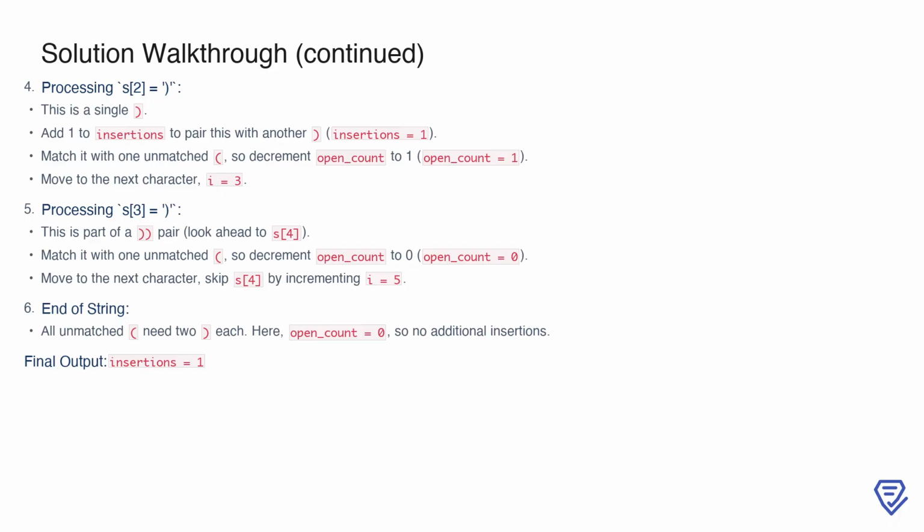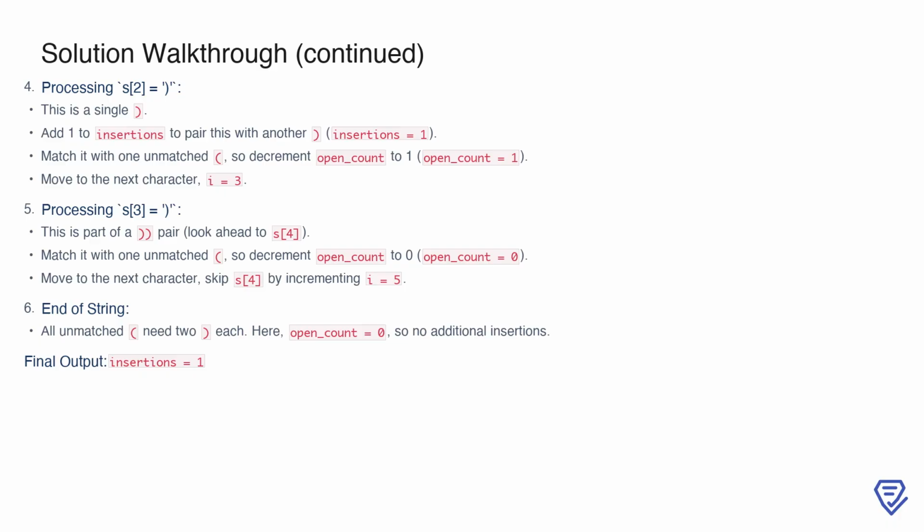Since this is a single, and not part of a pair, we need to add another closing parenthesis to balance it. Therefore, we increment insertions by 1. At the same time, we can match this closing parenthesis with one of our unmatched opening parentheses, so we decrement open_count to 1. Moving forward, at S3, we encounter another closing parenthesis, but this time it is part of a